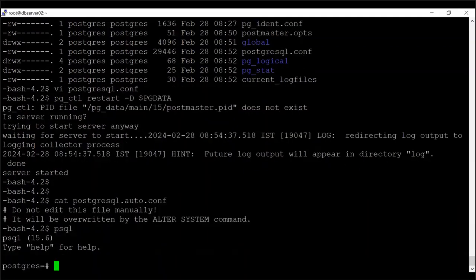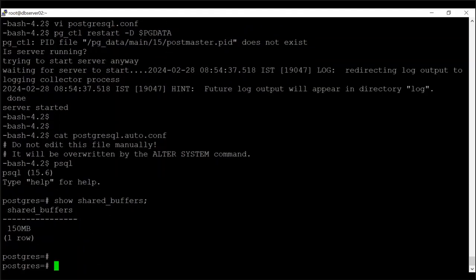Okay, let's go and do one parameter. Maybe we can take shared_buffers. Okay. I want to change shared_buffers from 150 to some 200. Okay, I'm going and doing it with the ALTER SYSTEM command. Same, ALTER SYSTEM SET parameter = value. You don't have something like scope equal to something. Okay, so directly we can change this. And we know that shared_buffers is,